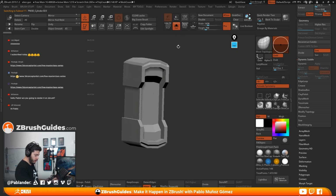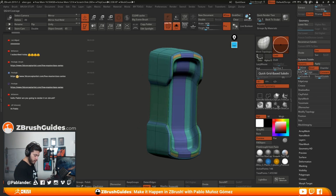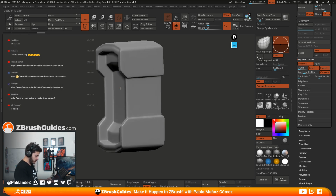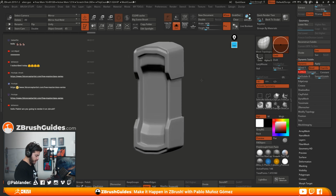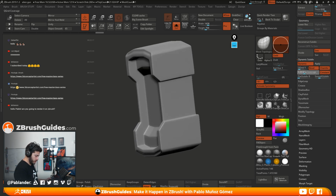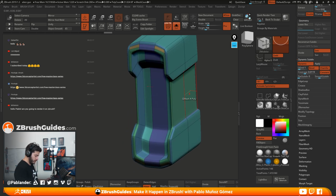So let's go ahead and work a little bit more thoroughly in the dynamic mode. All right, I think that's looking pretty good. Just want a little bit more of a roundness here. All right, so I think something like that, and then what we can do is use the ZModeler and